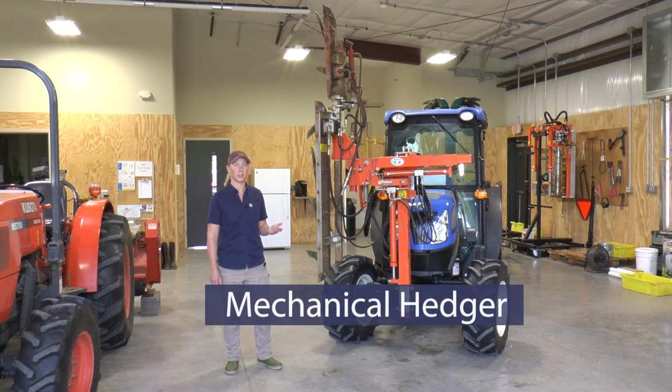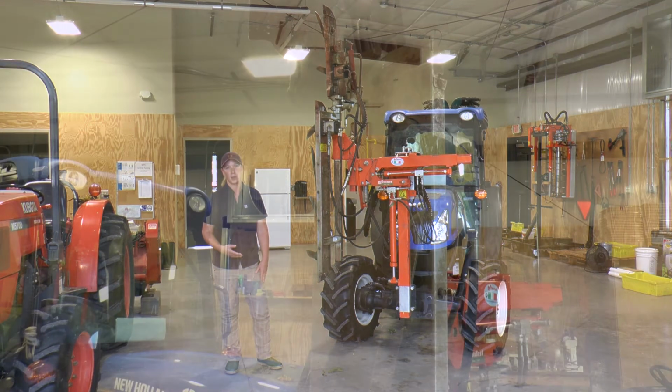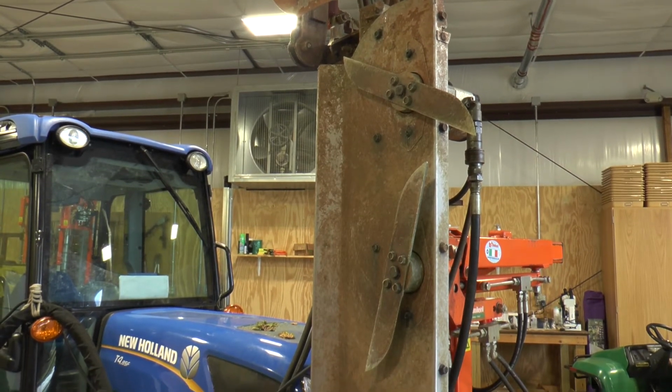our equipment in action. This is our mechanical hedger, which has become a really critical piece of machinery for us to manage excessive growth in the vineyard. In a humid climate where we receive a lot of rainfall, and in the southeast where we're typically growing varieties that have a lot of inherent vigor, we find that we're having to hedge on average at least 4 times during the season, and in excessively wet years, sometimes 6 times per season. And that's an enormous labor cost, and we can perform hedging much more efficiently with the help of our mechanical